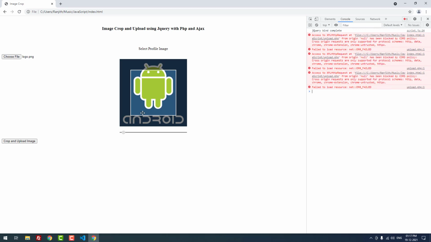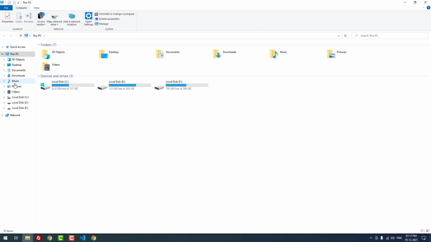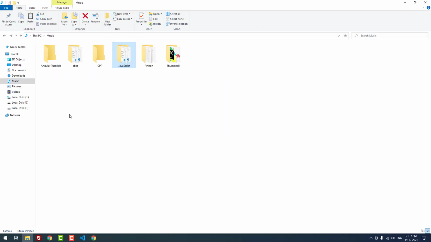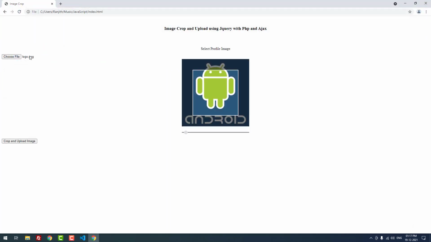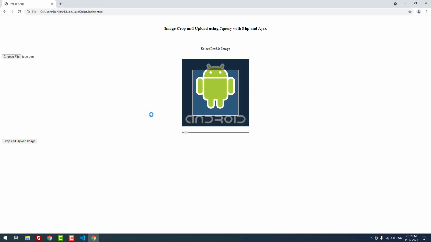Actually it is blocking the files because of CORS policy. That's the error. No issues. Let me open the image from a different folder, so it may solve the problem. I saved the file on the desktop and I opened the file.